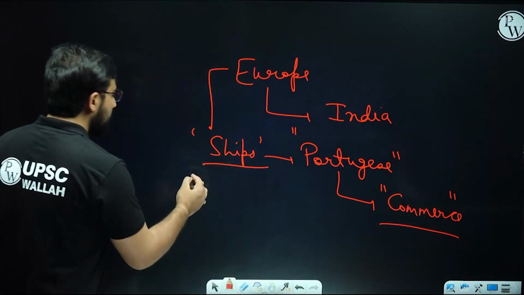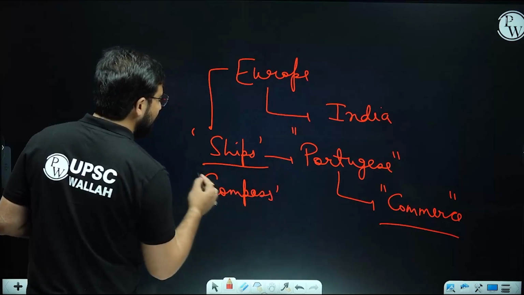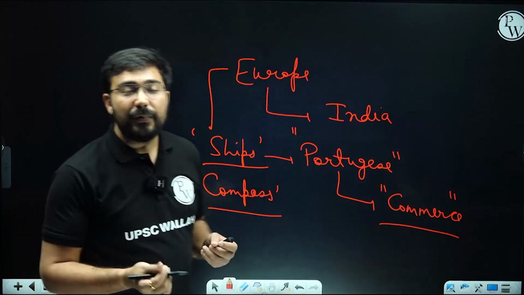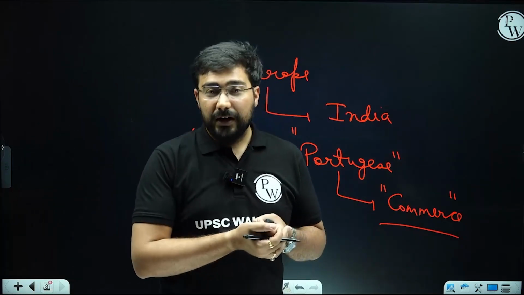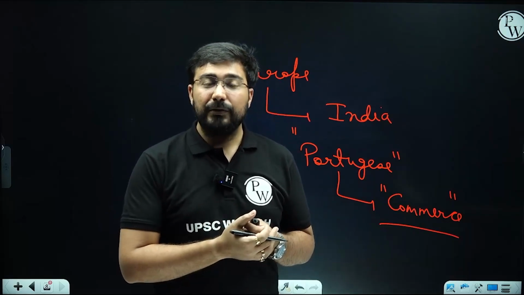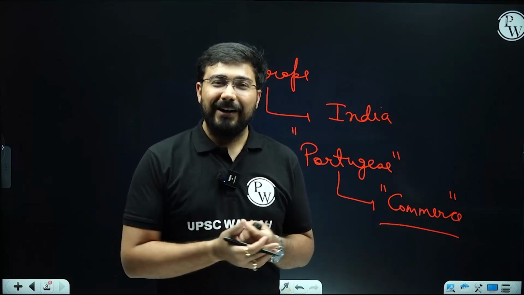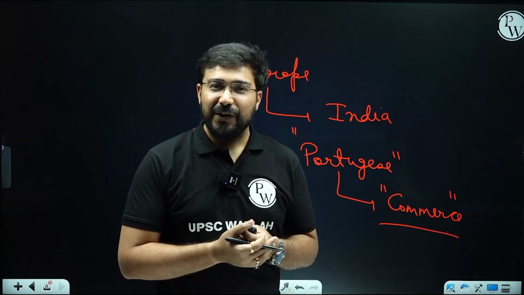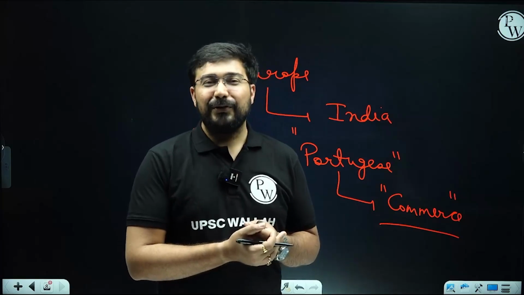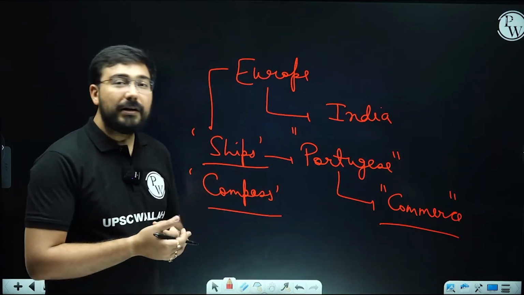Along with ships, you also need a compass, right? Because if you want to go in any direction, you have to have a compass for surety, in which direction you are heading: north, east, west, or south. So the compass was developed by the Europeans so that they could roam around the world. Today, all of our lives are directly linked with GPS. If GPS stops for a day, it's difficult for the majority of us to reach the right places. And in those times, they were using the compass.